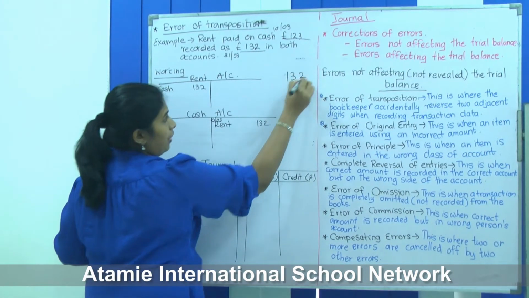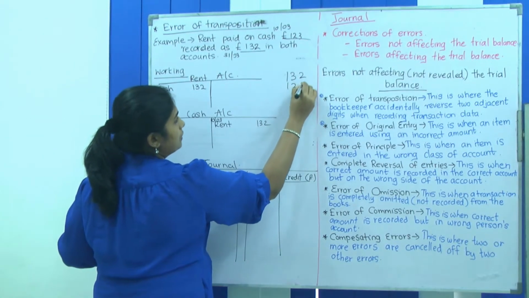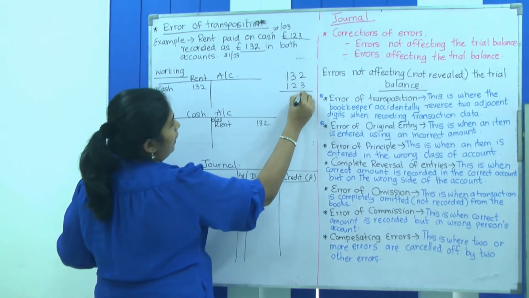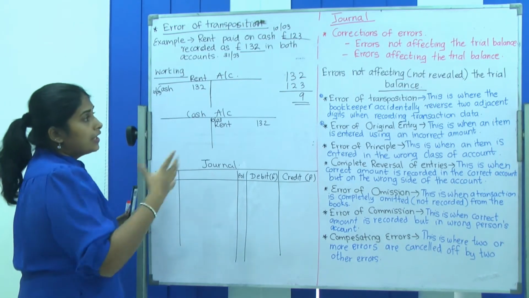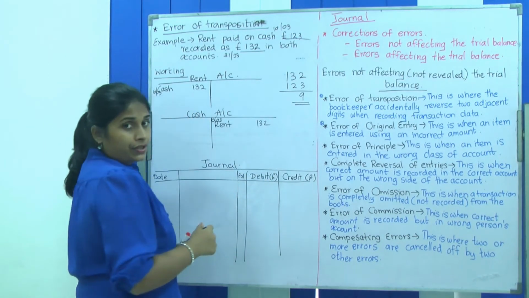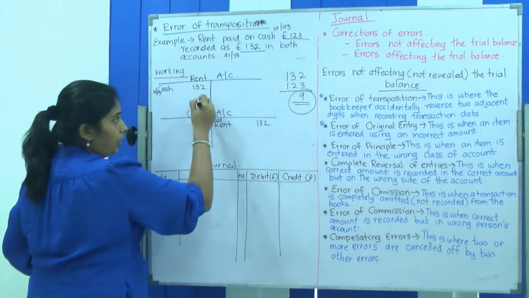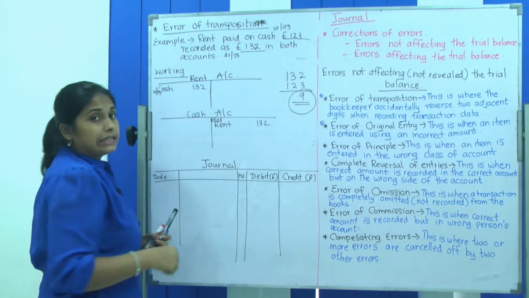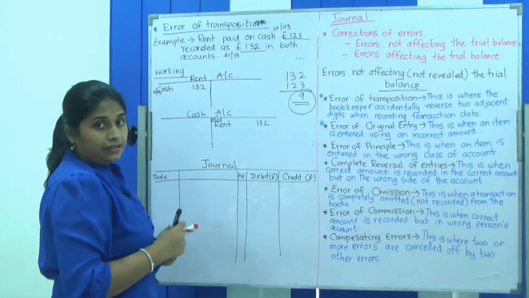Okay, they have written 132, but the actual amount is 123. So when you subtract, you will be able to see that you have 9 pounds. The bookkeeper has increased 9 pounds and recorded it in the book. So this 9 pounds does not belong in the recording or in that particular account. So what you have to do is cancel these 9 pounds.